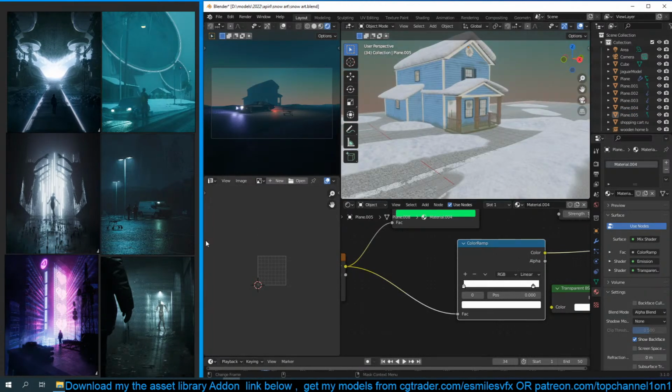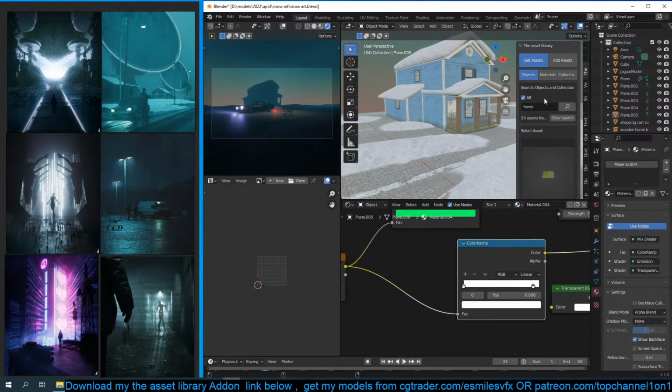Just a bit. Let's see what we can add, some street lights, and I think I do have those in my asset library. So let's do some street. I might change the house, it doesn't fit the same theme. You learned something you didn't know. Yeah, that's one way to